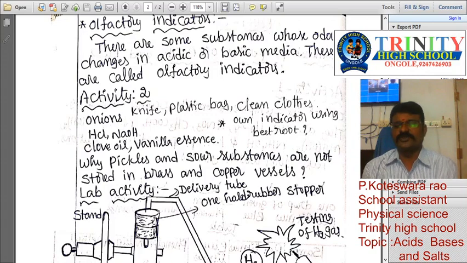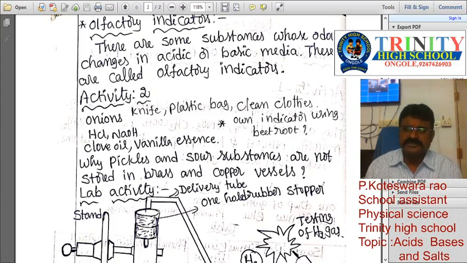In your house, if you observe, especially in summer, most of the members prepare pickles like mango, tomato, tamarind, etc. They are not prepared in copper vessels, brass vessels, or metal vessels. No, they must use one type of